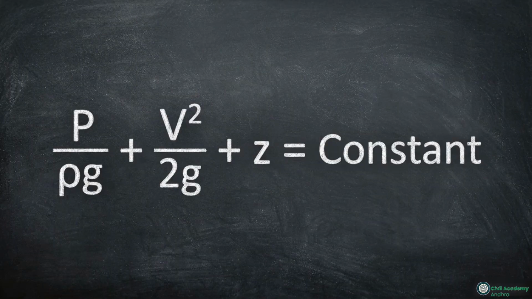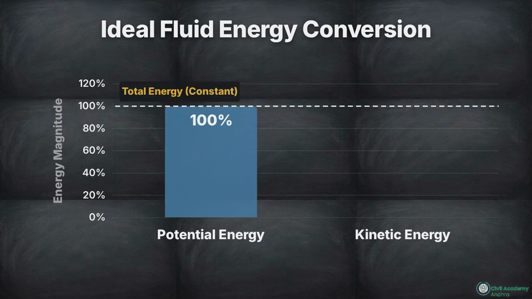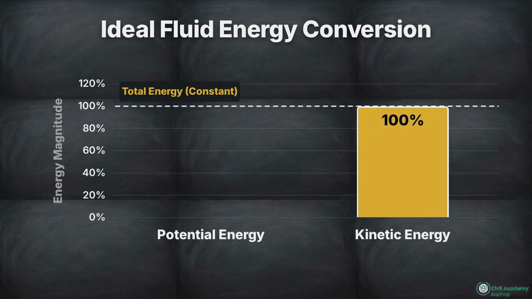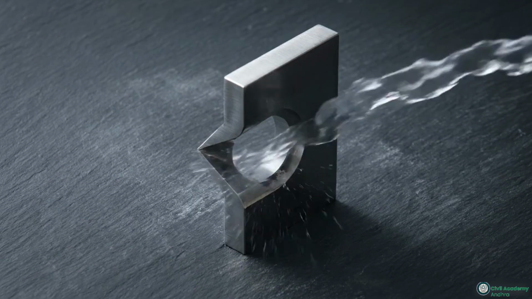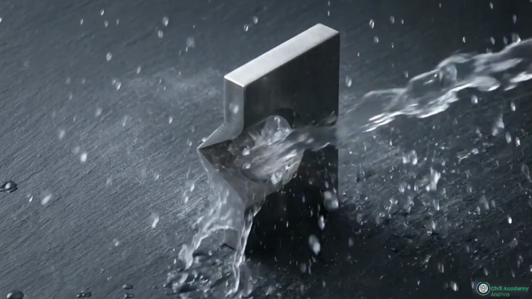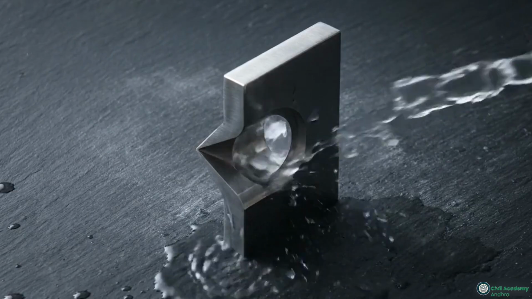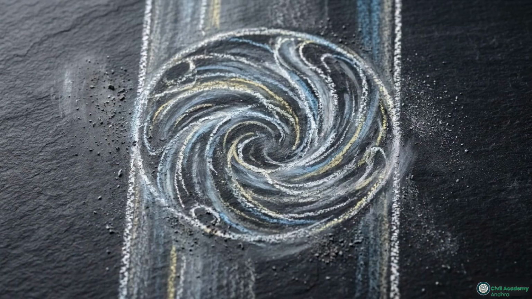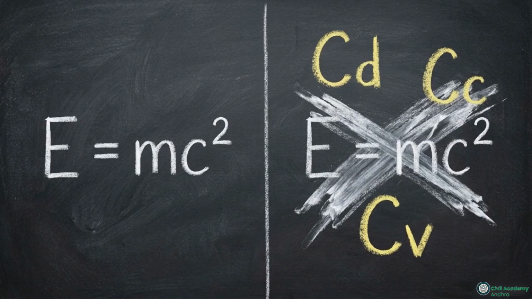The central tension in calculating fluid discharge for these devices comes from the Bernoulli equation. Bernoulli relies on the assumption of a perfectly ideal fluid, meaning 100% of the potential energy converts cleanly into kinetic energy. But physical fluids behave differently. As water forces its way through a sharp metal opening, it tears away free boundaries. It experiences sudden contraction, abrupt expansion, and internal friction that creates chaotic downstream eddies. That turbulence bleeds energy from the system. To accurately calculate real-world discharge, we have to bridge the gap between theory and reality by applying empirical coefficients to